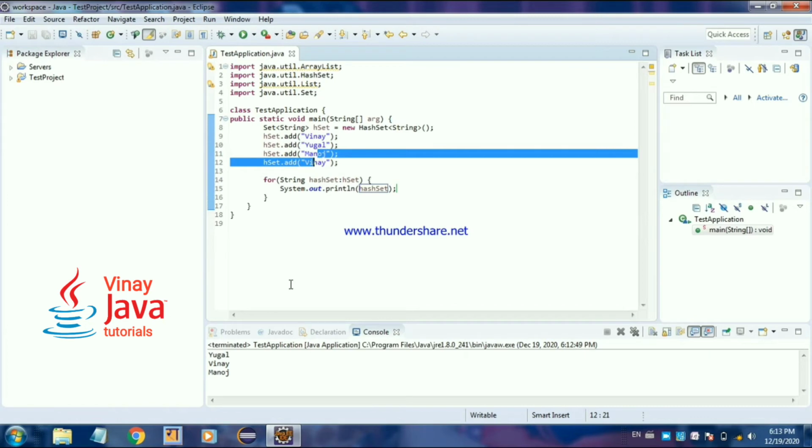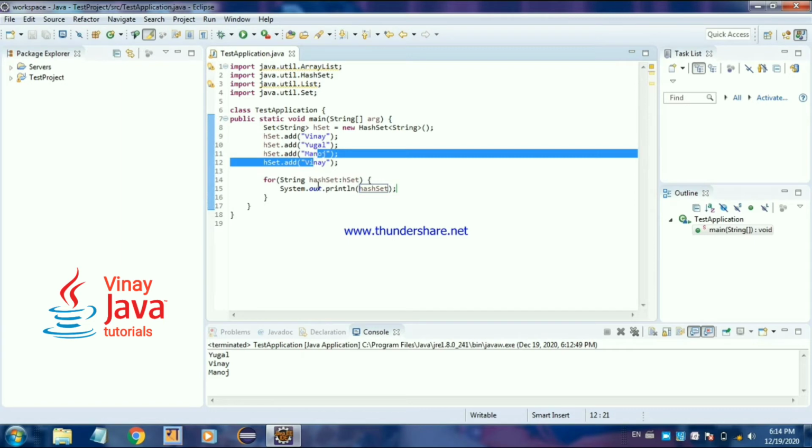So, and see, the order is also random. The order is not as in array list we get. See, first I add Vinay, then Yugal, then Manoj.